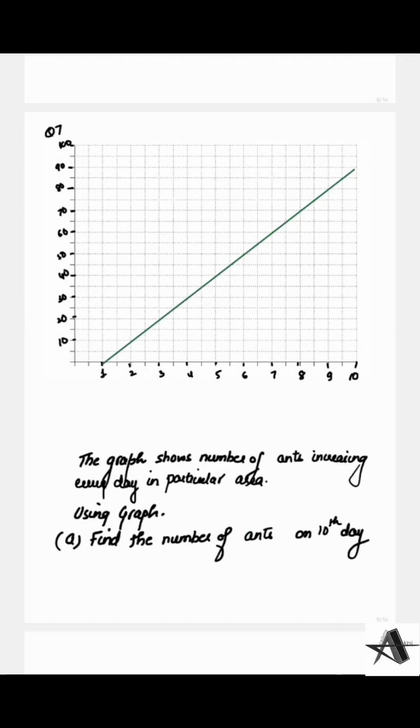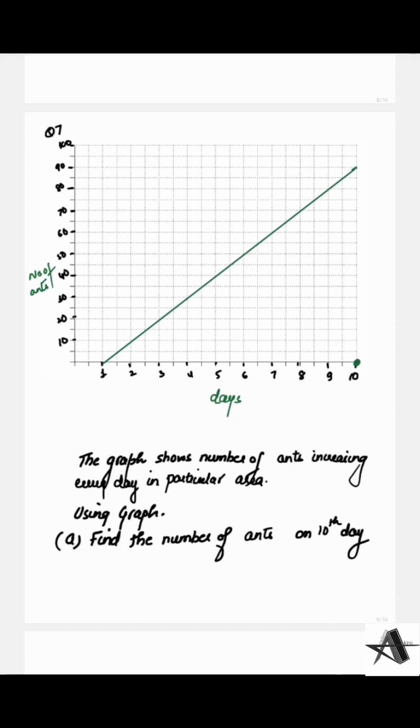The graph shows the number of ants increasing every day in a particular area. Now using this graph, it's specifically mentioned, find the number of ants on the 10th day. On the 10th day, what we need to do is draw a vertical line first at 10 because this represents days. Actually, this is the days that are represented and this is the number of ants. Now at the 10th day, I need to draw a vertical line and then a horizontal line. Without doing it, I can clearly see that the number of ants is going to be 90, but still